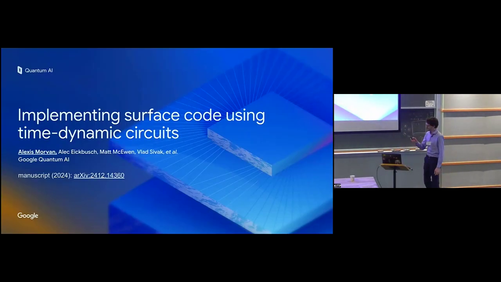Today I'm going to talk about different circuit implementations we have used for the surface code, and how we use these different circuit implementations to explore the trade-offs we have with our hardware. For this,